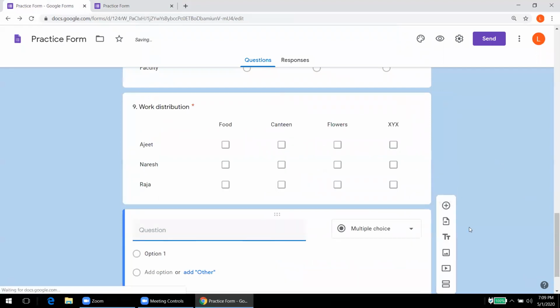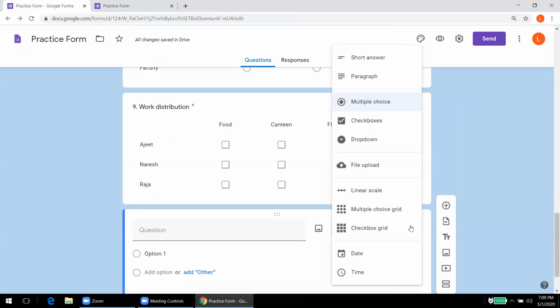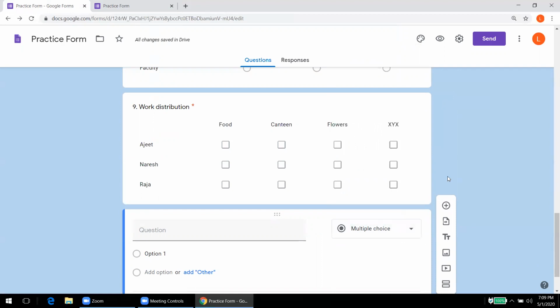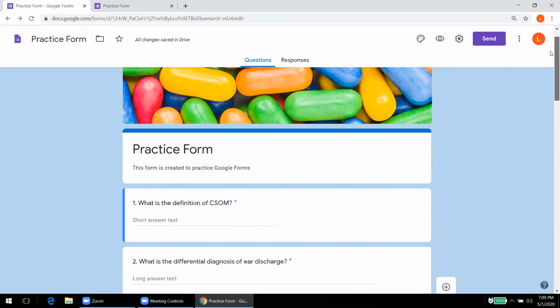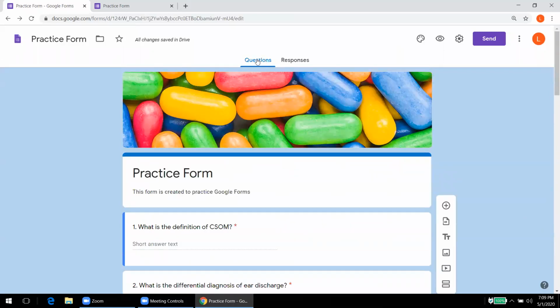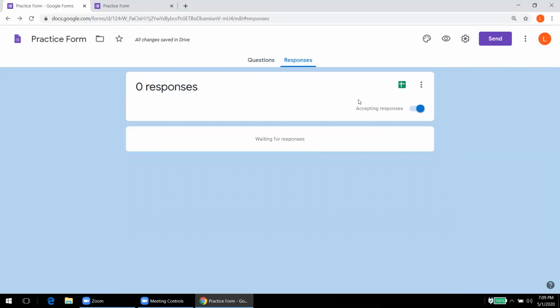So moving further, now the types of questions are over. So we can ask 3 to 5, 6, 7, 9 types of questions in Google Form, and these two are for the date and time recording. If you want to ask the date and time, that also we can ask. So now this was the first part, that is the type of questions. Now here we see that there are questions and then the responses are also given. So when we click on this response, here we can see that there is an on button.